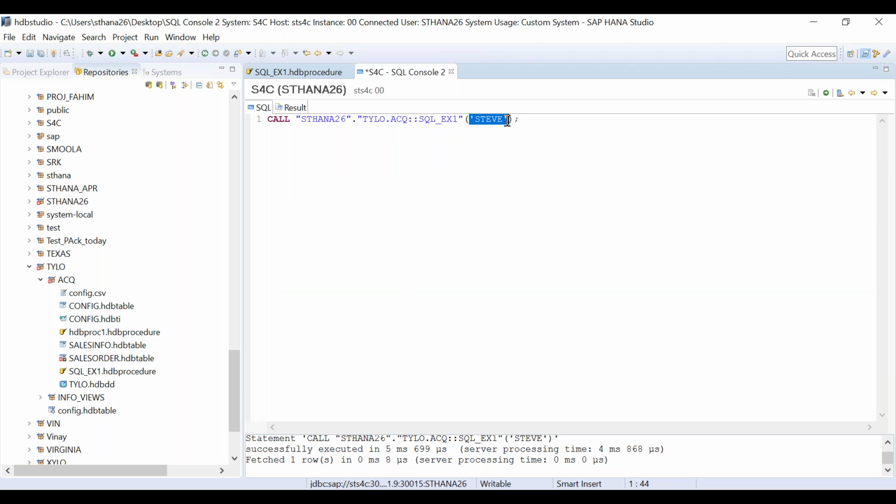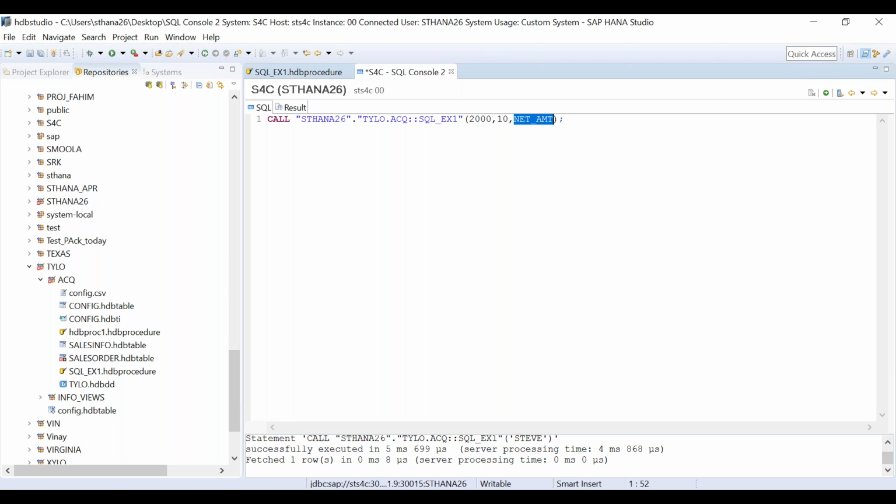One parameter is my revenue, the second is my discount, and the third is my net amount, and that is going to be my output parameter. Revenue is my input parameter, so I will give revenue as, for example, 2000. Discount I am giving as 10%, and net amount I will be having as output.